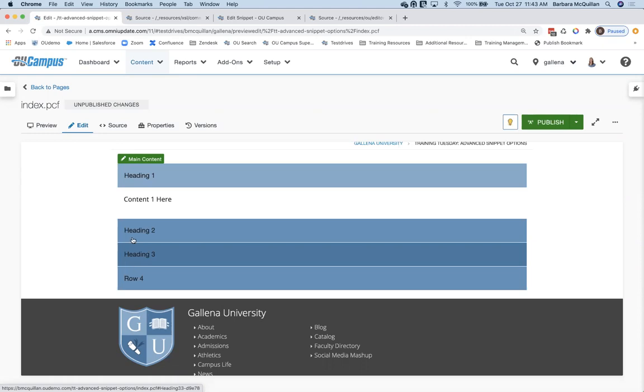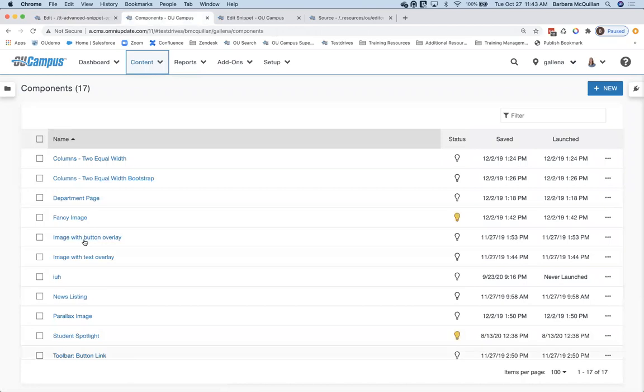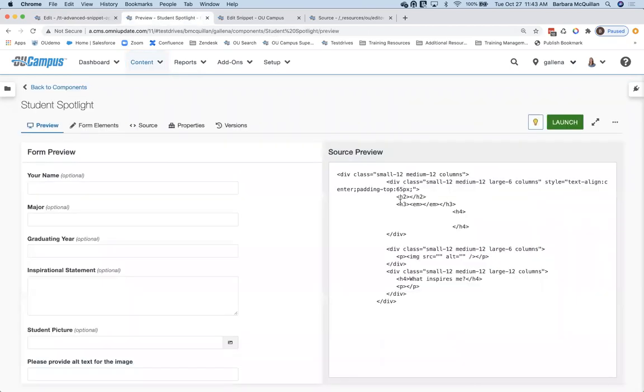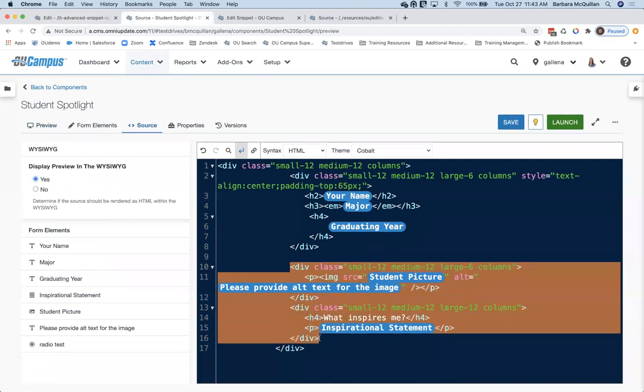So when I create a component, it is flat code. So let's take a look at that student spotlight. It is flat HTML here. So I can't have, say, this div repeated every single time I add an additional image. It is going to be just this div, just this once. It's something that our product team is looking at, to be able to include that ability to have repeat code blocks in components, but it's not something that exists right now.